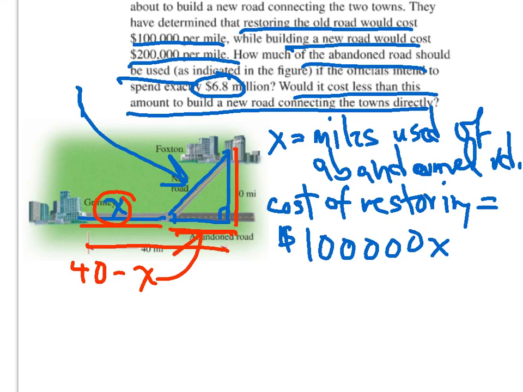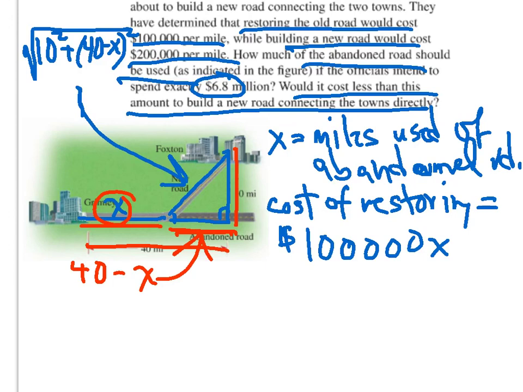And so that means that by the Pythagorean theorem, we know that the hypotenuse is equal to the square root of 10 squared plus (40 minus x) squared. And that's by the Pythagorean theorem. Okay, so you can work out this 10 squared plus (40 minus x) squared, and if you do that, you